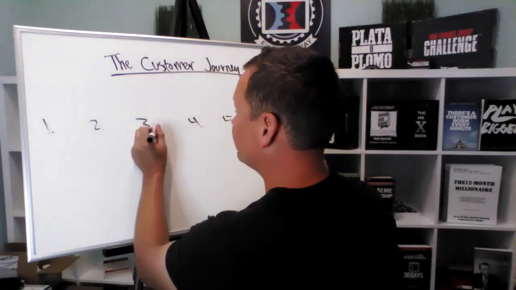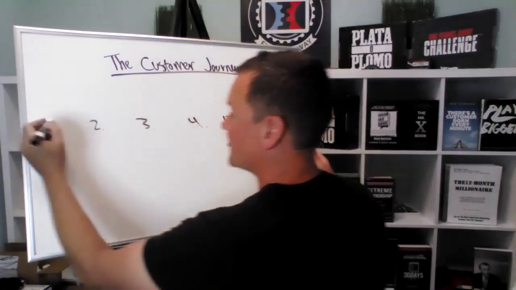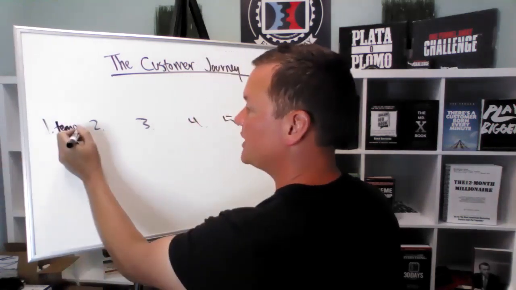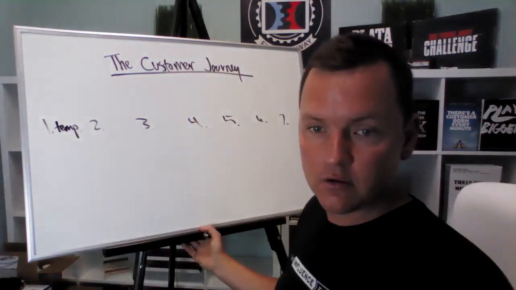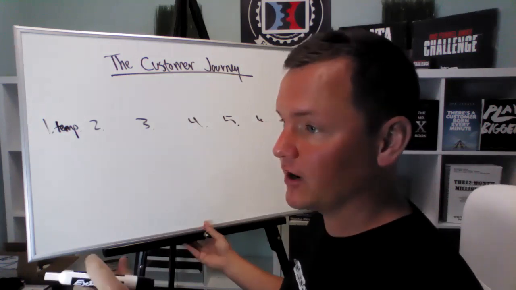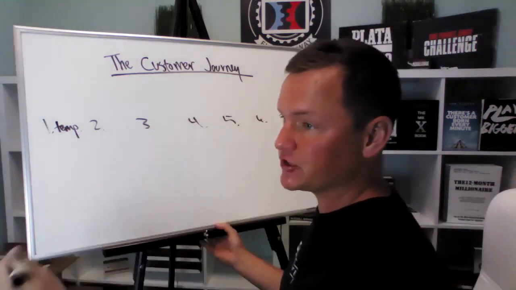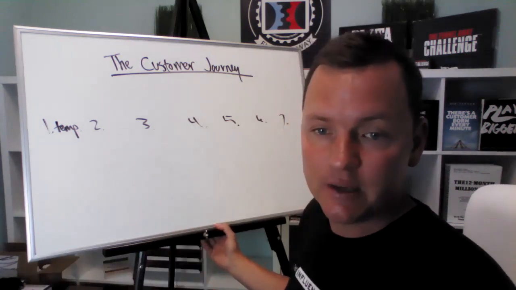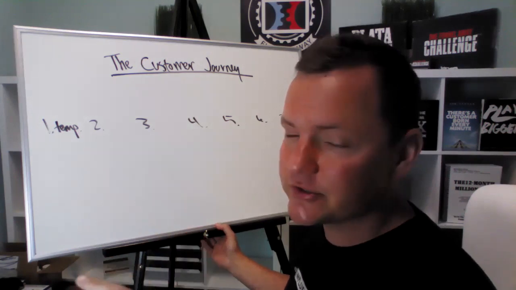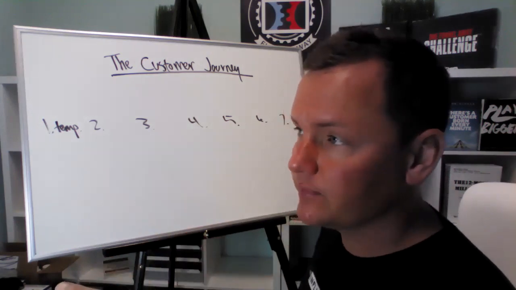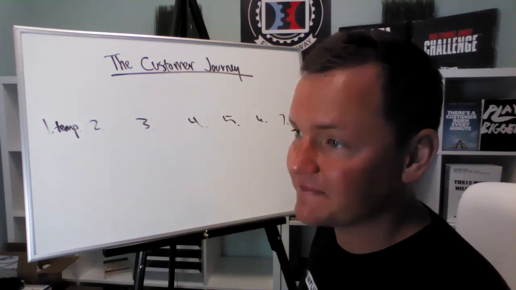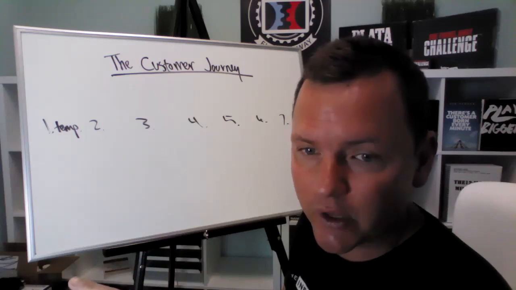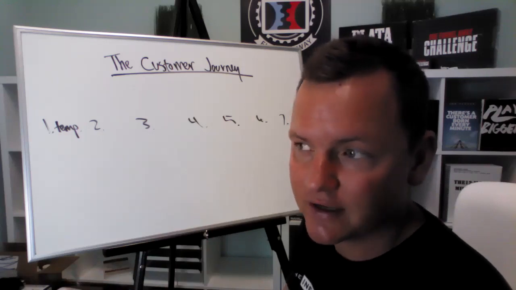So let's go through these. The first one is the people that are coming to your funnel. The first thing you've got to understand is the temperature. And when we're talking online, a lot of people say traffic, right? Traffic is just people. And here's a beautiful thing. You don't have to drive traffic. You've just got to go stand in front of it virtually. Traffic is already online. Just go stand in front of it.